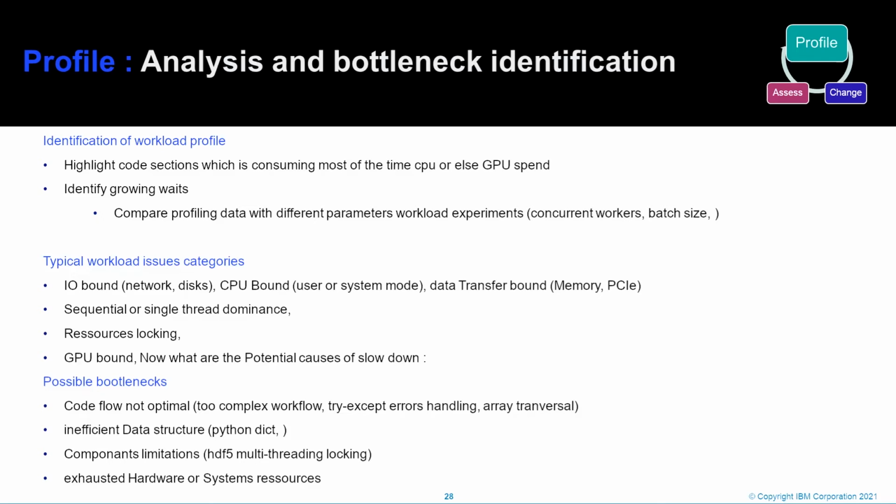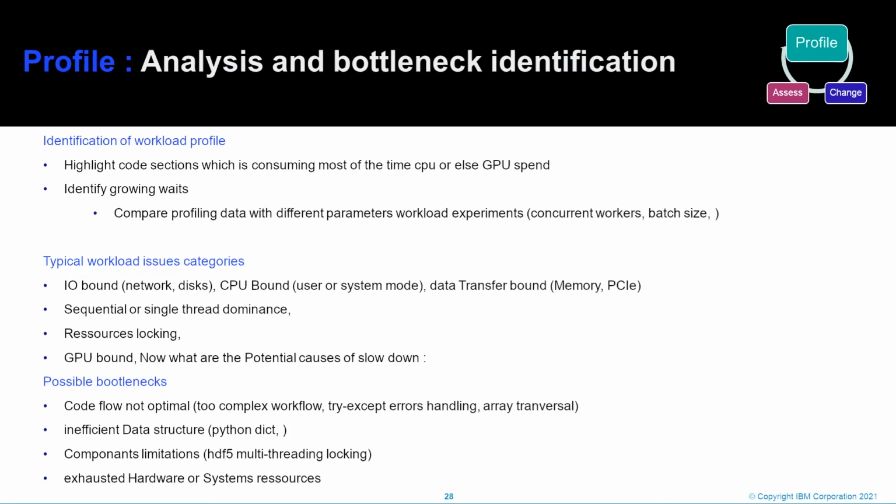And then if the workload is GPU bound, you have to know what the potential causes of slowdown are. So here are examples of possible bottlenecks. The code flow could be not optimal. There are too many try catch error handlers.